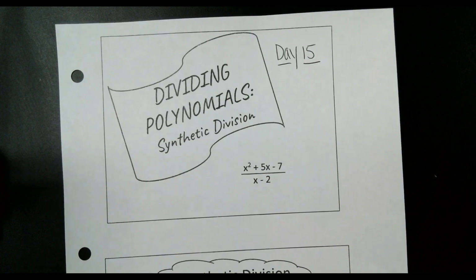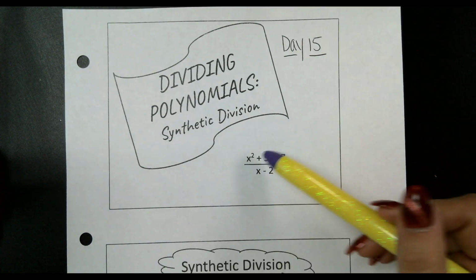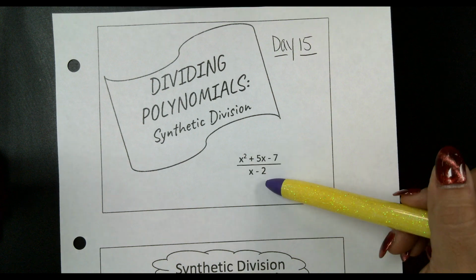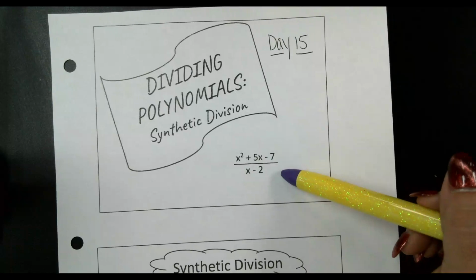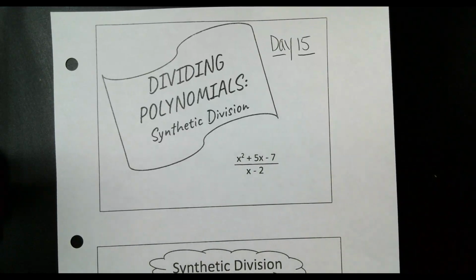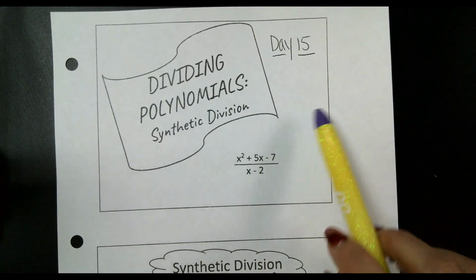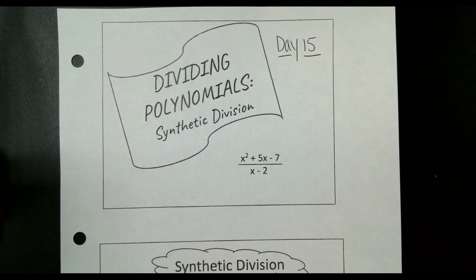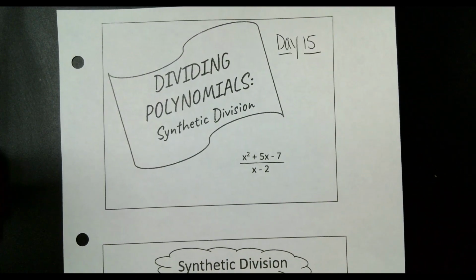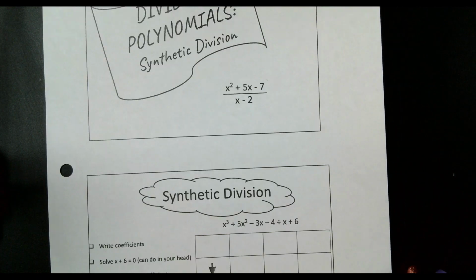We are going to be dividing polynomials. 3, 4, 5 terms up top, and you're going to be dividing by a binomial, so just 2 terms. And instead of doing what we did on the previous problems, where you just had one fraction and you reduced it, you simplified it, sometimes you can't factor them to get your final answer. So what we're going to do is we're going to actually do